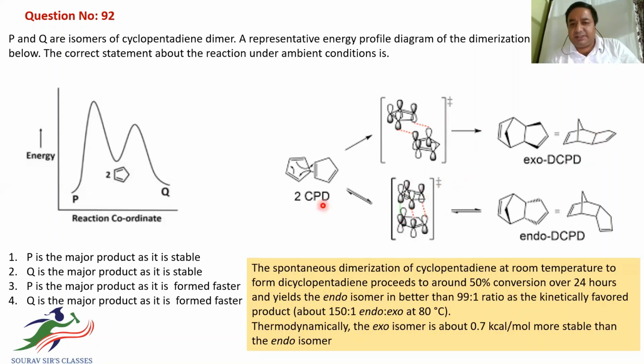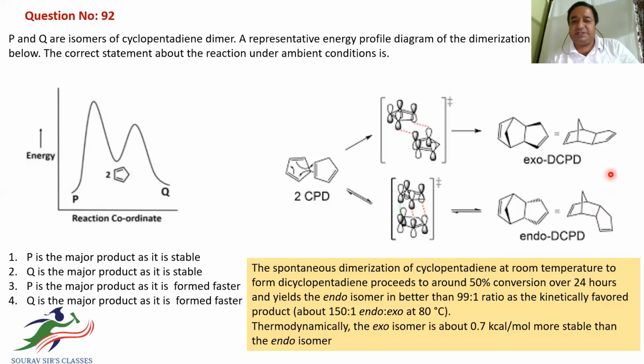However, when you combine the two cyclopentadiene units in such a way that these two lobes are in phase with these two lobes, and there is bond formation between them, and if you look at the back orbitals, these are also in phase with these orbitals. The top one is in phase with the bottom one, but no bonding is taking place there in real time. In this kind of product the hydrogens will be on the top, pointing in this direction. So this is called the endo product.